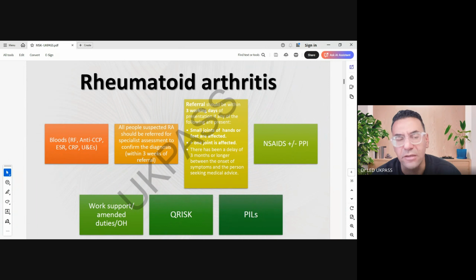Again, for all of the MSK conditions, there are patient information leaflets. You can always consider that. Some of the commonest are very well known, things like Versus Arthritis. There are local ones as well. In our area, it's called TIMS, T-I-M-S, but don't worry too much about that. If you do have time, of course, safety netting should be done for this patient. Safety netting against one of the most important things, which is septic arthritis. Septic arthritis, you need also to be a very good GP.